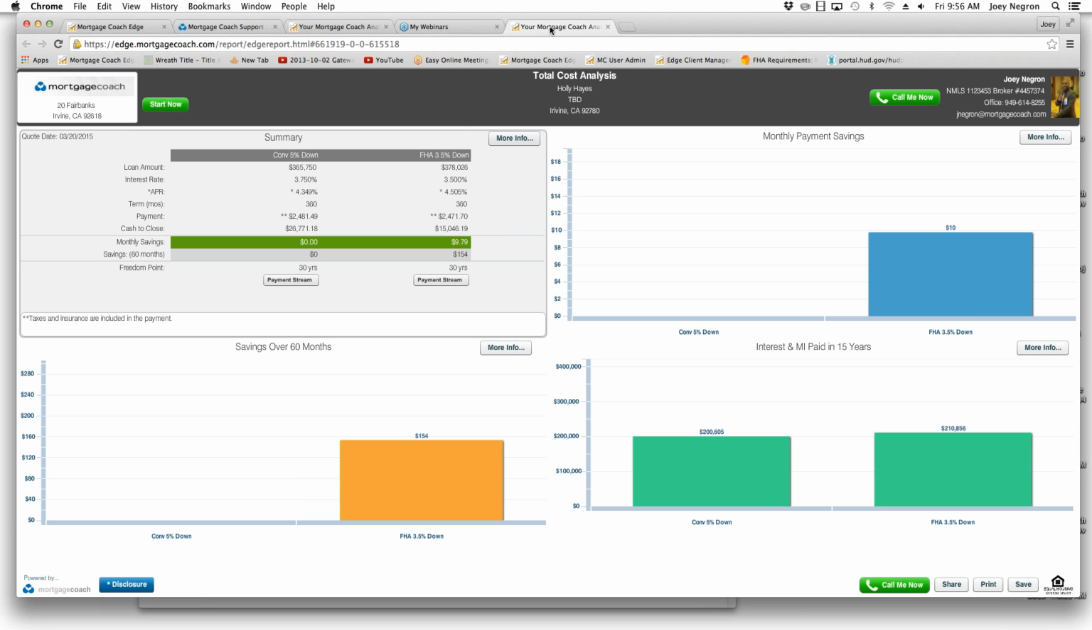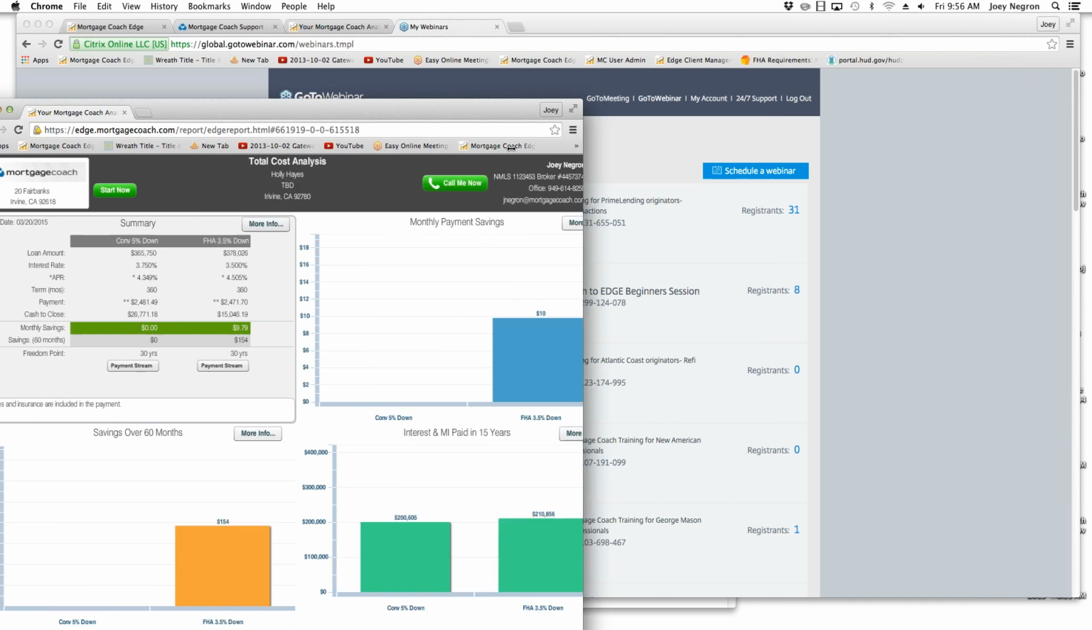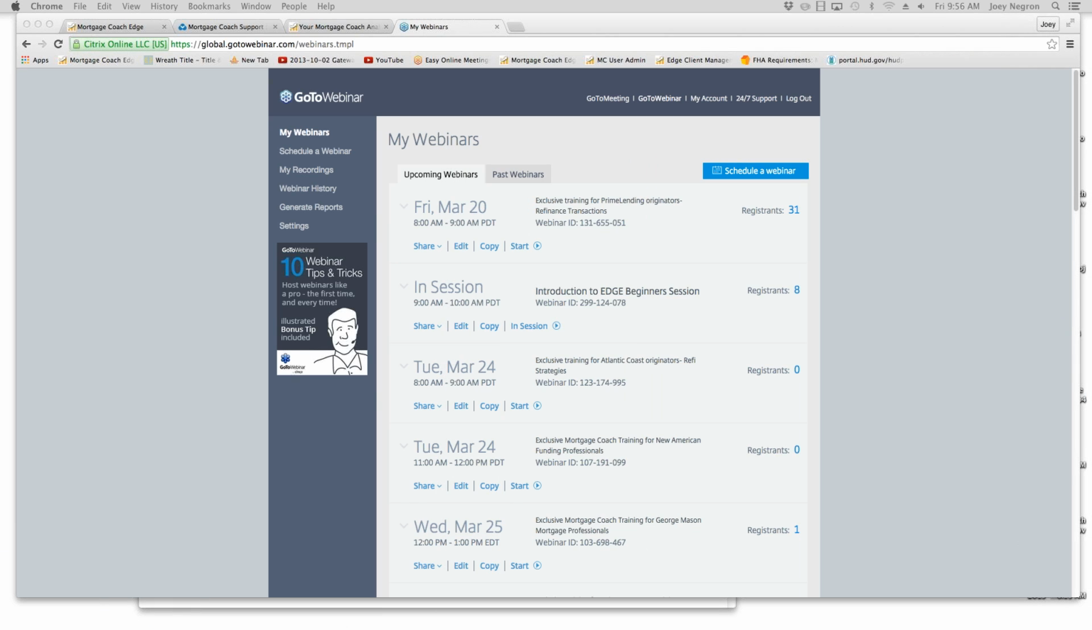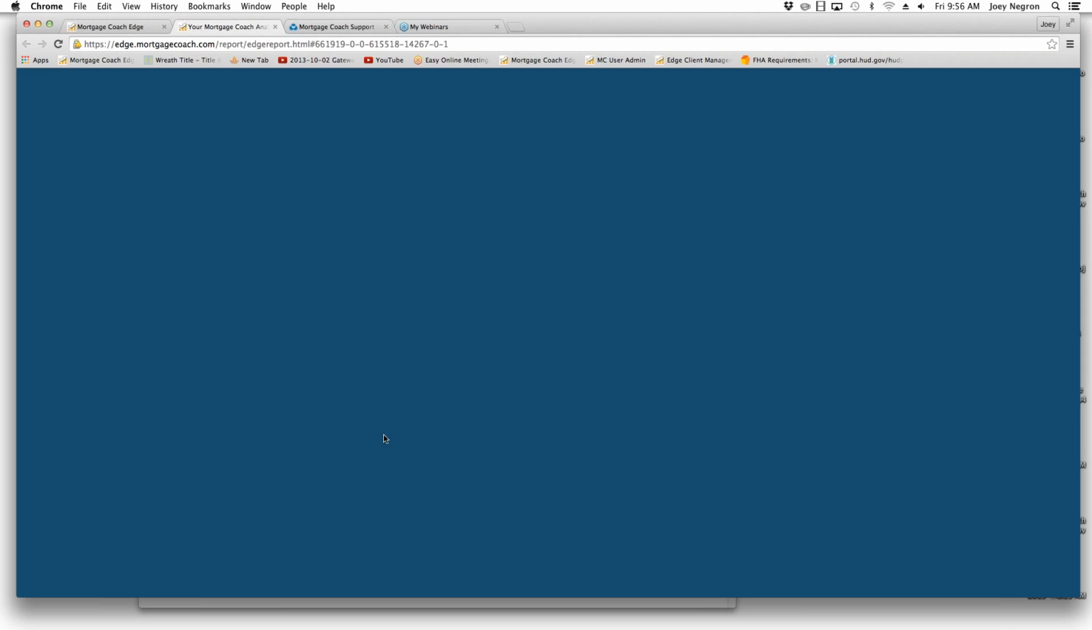Now, I'm going to leave the borrower report here for a moment. I'm going to slide it off because I'm going to show you there's a way where you can create and interact with your borrowers live. Before I do that, let me get back to the report here. Close this out. Now, before you email the link, one of the things we recommend is to add a video to your presentation. So what you want to do is make sure that you select Add Audio Video,